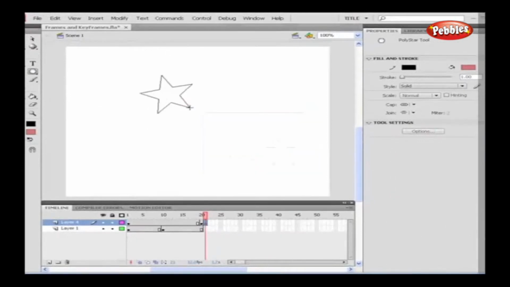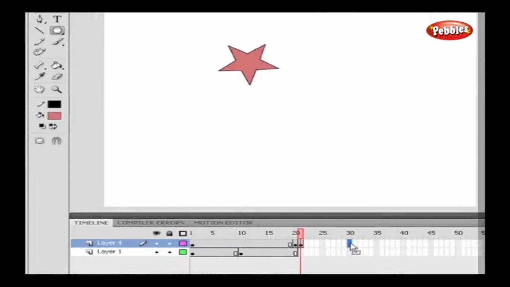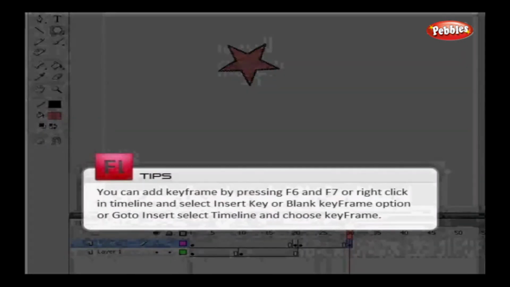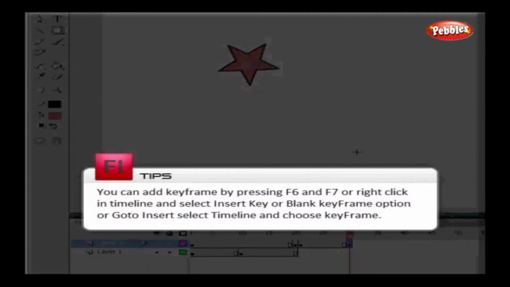Then go to the 30th frame and press F6. That's good. Now just move our playhead and we'll see that we've got some animation. Here's a tip for you. You can add a keyframe by pressing F6 and F7, or right-clicking in the Timeline and selecting the Insert Key or Blank Keyframe